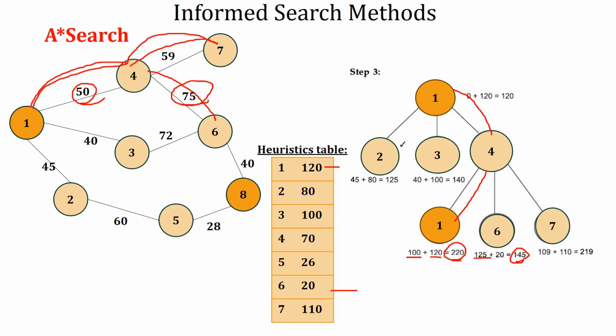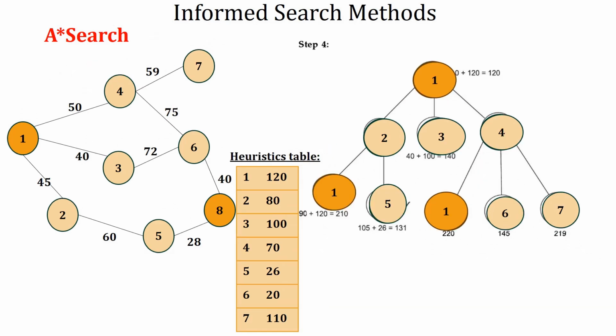So, 50 plus 59 is 109, plus the heuristic value of 7, which is 110. 109 plus 110 is 219. Now, comparing the values of all the nodes, 220, 145, 219 and 125, 140, we need to compare and